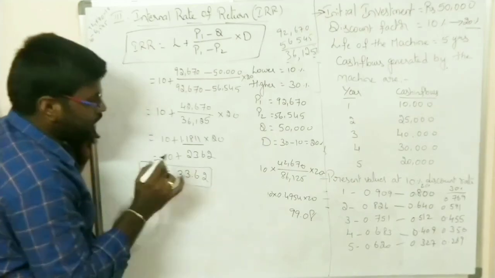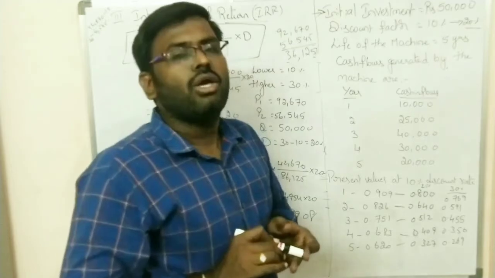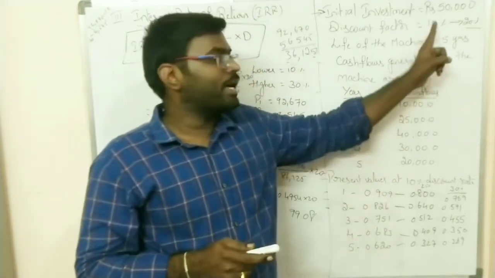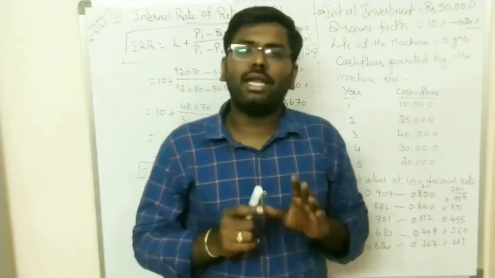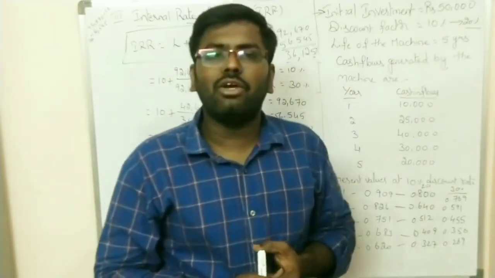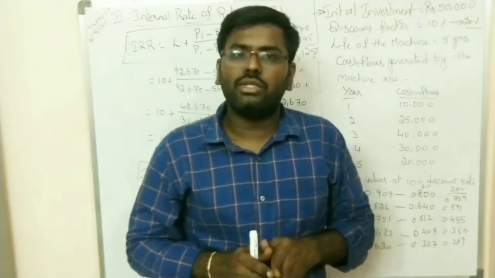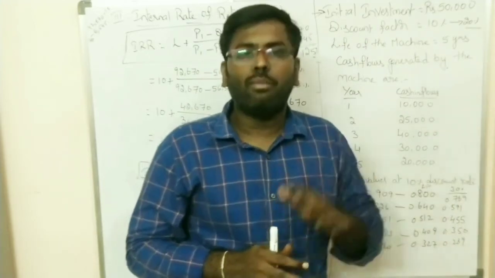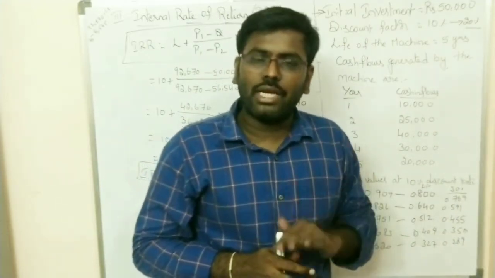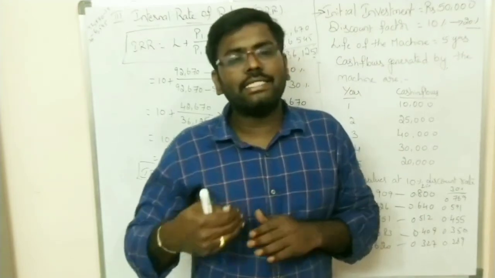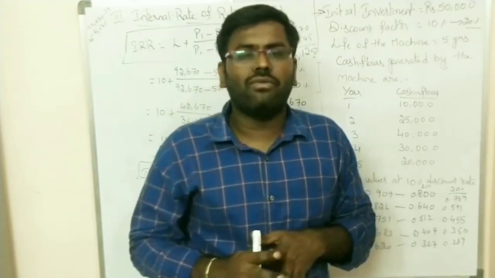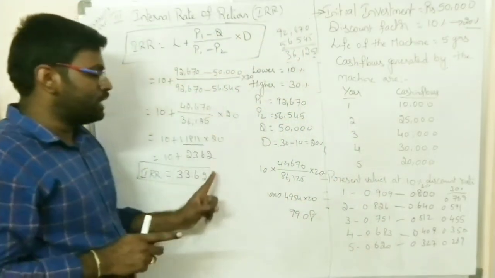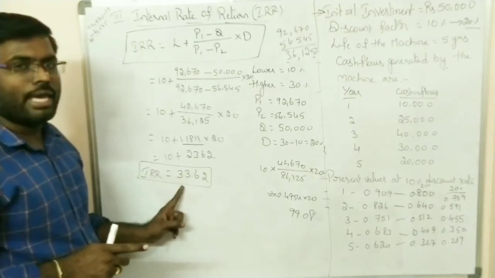In the calculation of IRR, you should remember that you have to calculate the NPV two times. First, with whatever rate is given in the problem, calculate the NPV value. If the calculated NPV is positive, increase the rate and calculate the NPV until you get a negative value. If the calculated NPV is negative, then decrease the rate until you get a positive value. Then consider the highest and lowest rates and apply the values in this formula. You will get the value of IRR.